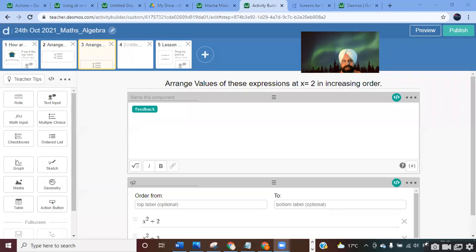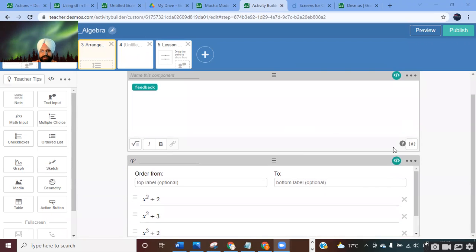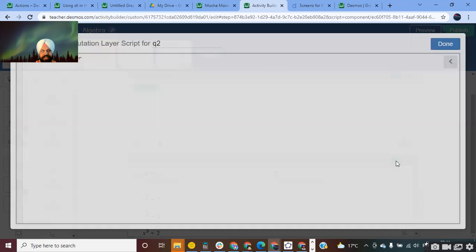So yeah, teachers, welcome again. And definitely, as we were discussing, we can add the coding in order to show the feedback. So what we did, I hope you were there when we were doing this, we created one question from algebra with expressions and created the correct order. And then we are there in the edit computation layer.